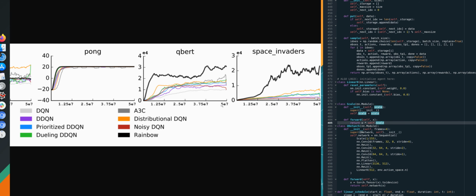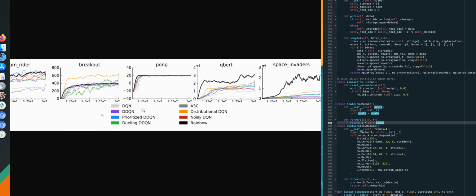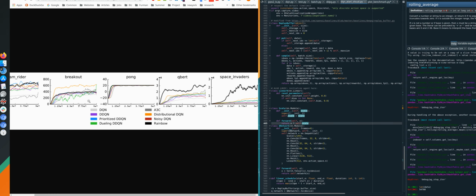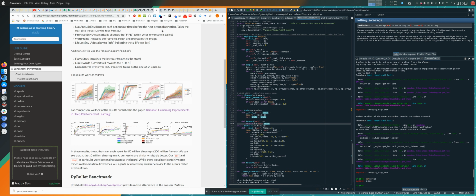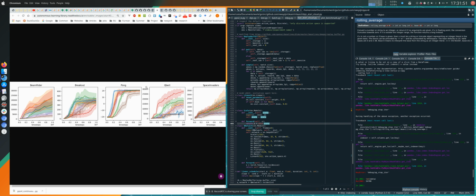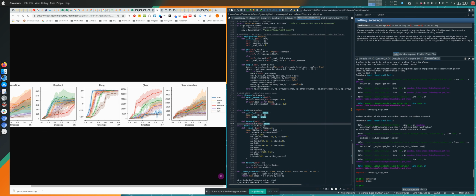The DQN is over here, and C51 is over here. Oh, I see. So it's just a baseline problem then. Yeah. So I think C51 still holds a lot of promise, sort of also shown by the authors of the autonomous libraries implementation. Their C51 is usually performing better as well compared to DQN's performance. That is not always true, but